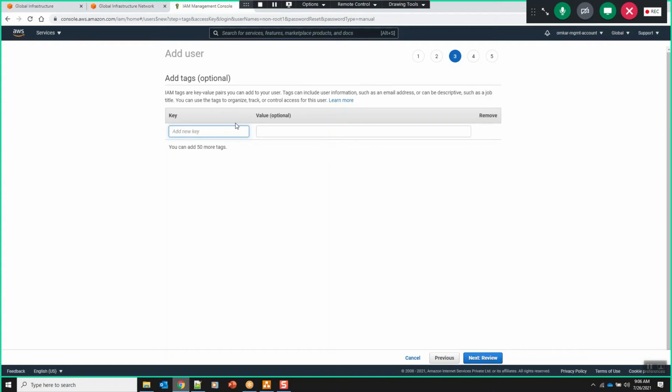I think you have heard about this tagging. It's like if there is any event going on in Twitter, or if anyone is fighting for a cause, they use hashtags because that will help in the search, right? Similar to that, here we have tags which are key value pairs. So here I'm giving the key as username, and the value as non-root one.